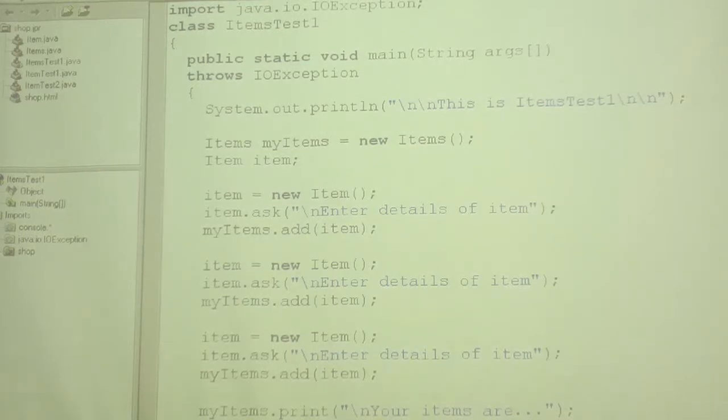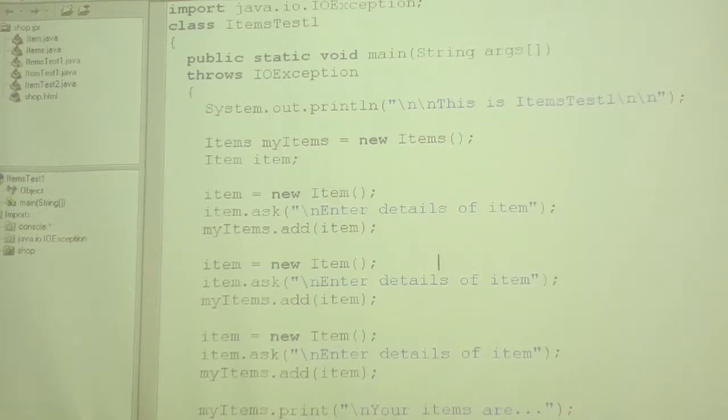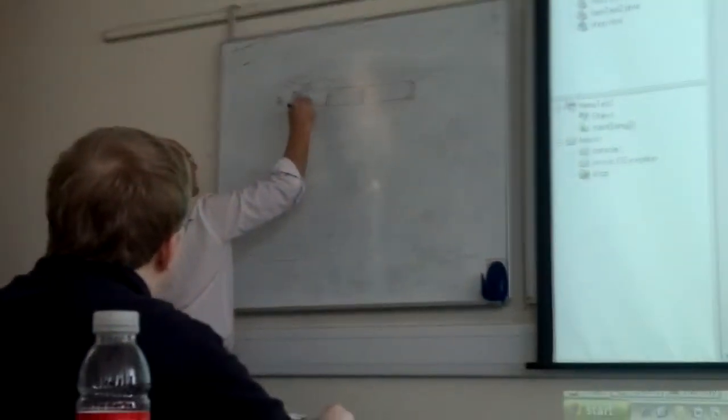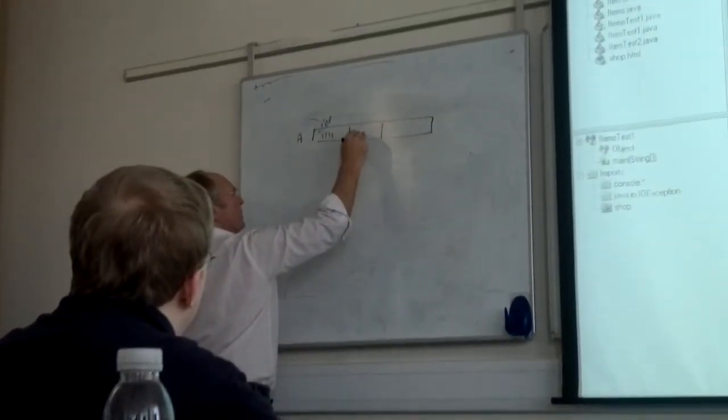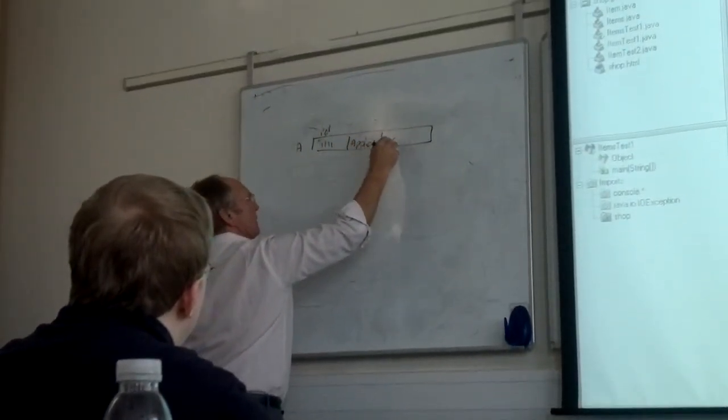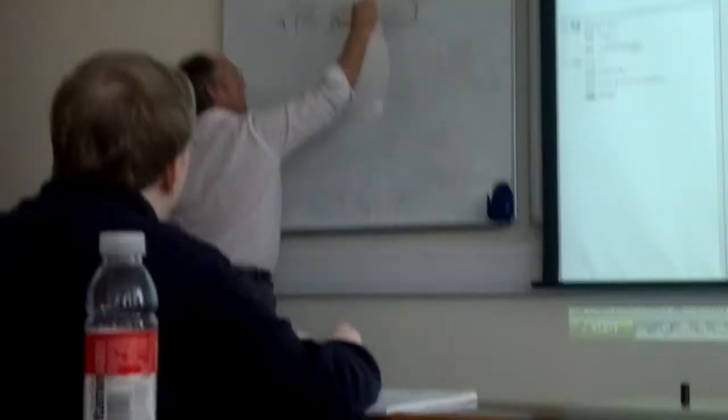Let's make this slightly more interesting. This time, let's assume this was a structure where it had an ID, apples, a name and a price,